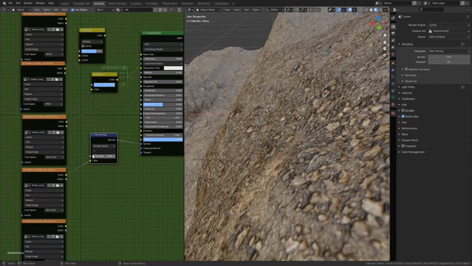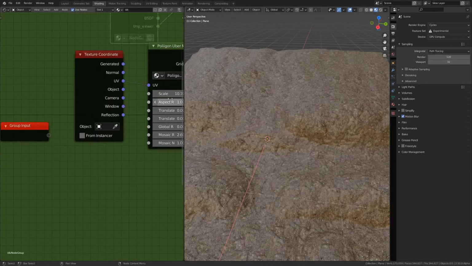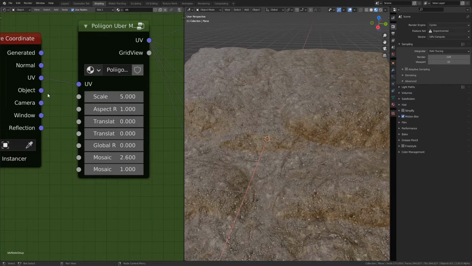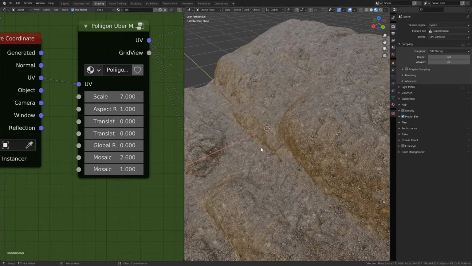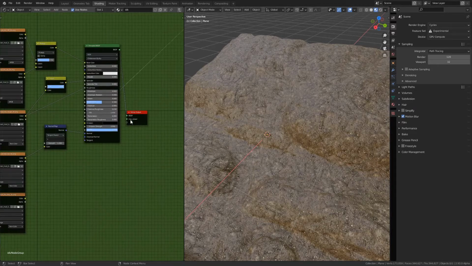Okay. I'm gonna maybe actually make it a little bit smaller, like let's say 5. Maybe a little bit big, like 7. Good enough. Okay, this is the first one of ours, and you can make this like scale, and